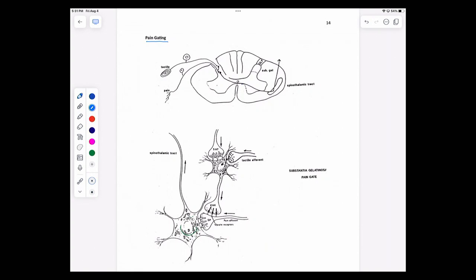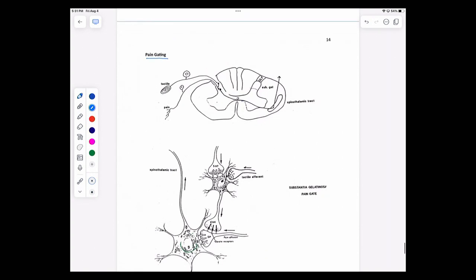There are a couple of ways that your central nervous system can do this. So let's go ahead and get going and see how this all works. It's really kind of cool. You've got a cross section of a spinal cord, of course, and here is the dorsal, or we could say the posterior. Here's the ventral, or we could say anterior. So we have our dorsal horn, ventral horn, and such.